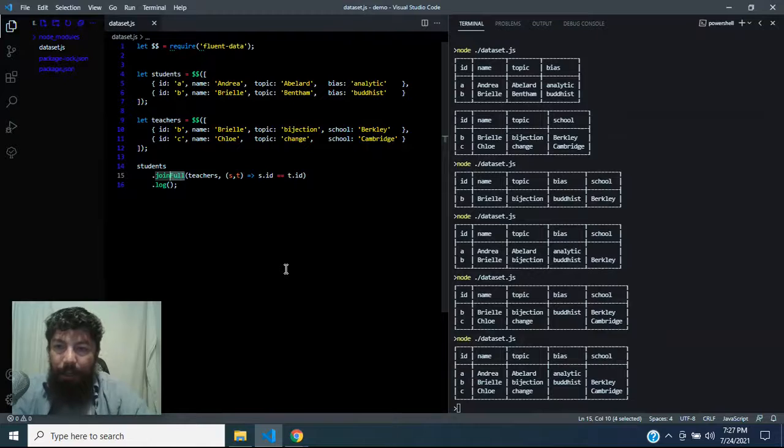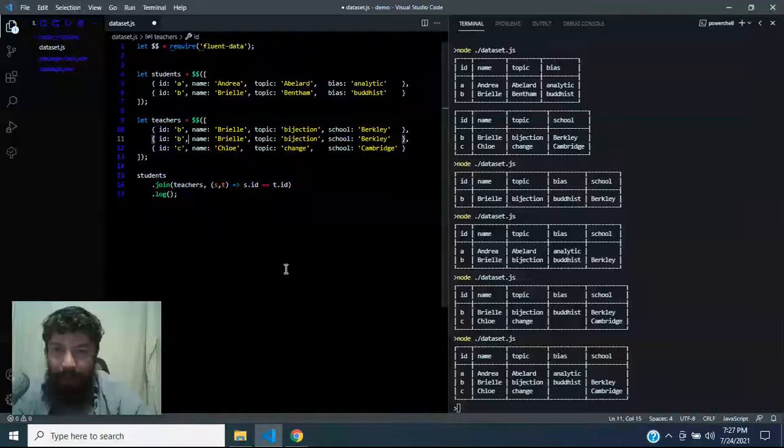Let me make the data a little more complicated. Let's add a second column for Brielle in the teachers. So she'll be listed twice, but her topic might be